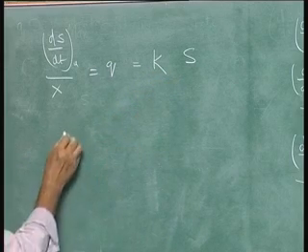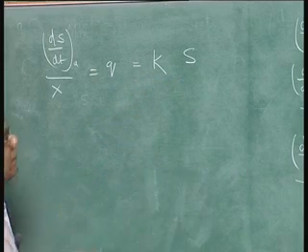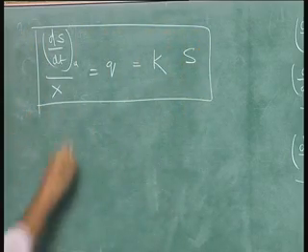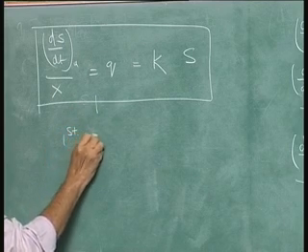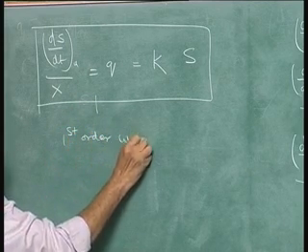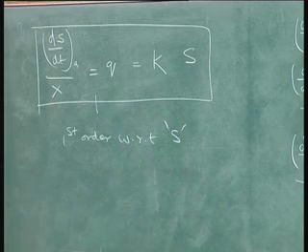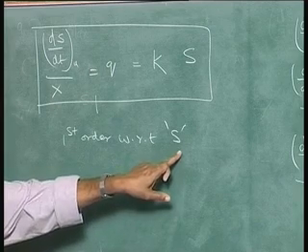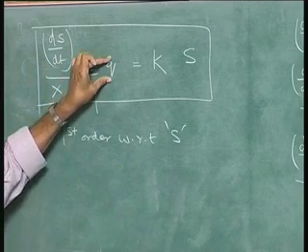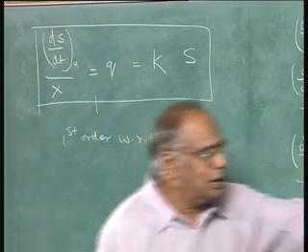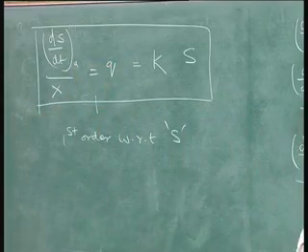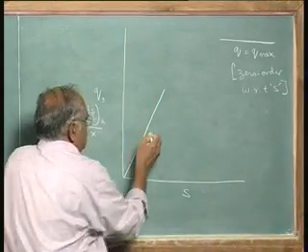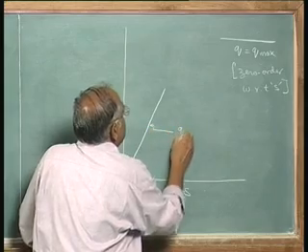So please look at this equation, and the previous equation, these are the equations you have to look at. This equation is a first order equation with respect to substrate concentration. If I plot a graph of S versus Q, this is a first order equation, that is Q is equal to